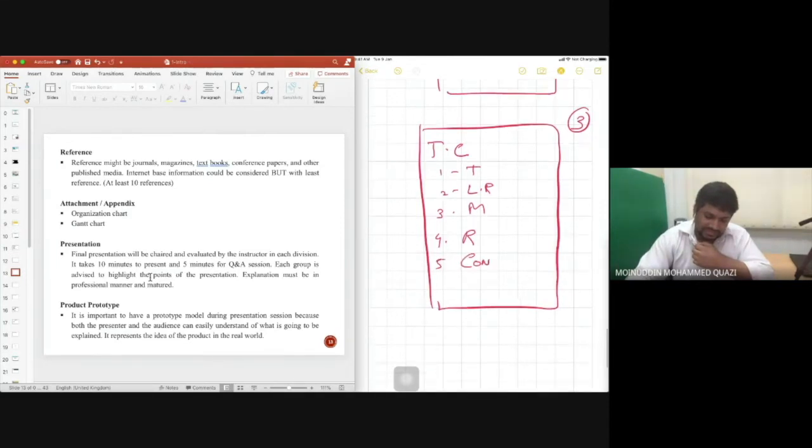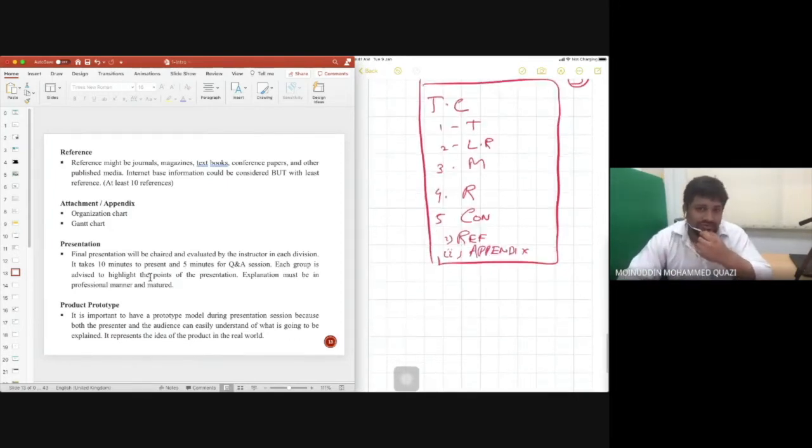And then you have, in Roman numerals, references, and then Roman numeral 2 will be appendix. So we have already covered introduction, literature review, methodology, results and discussion, and conclusion.